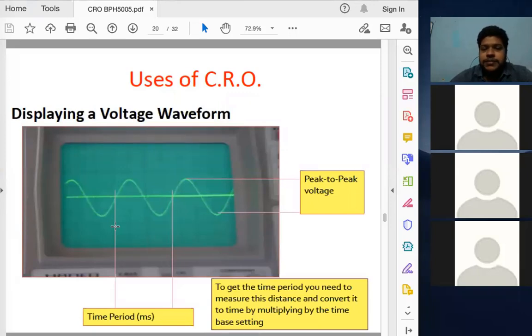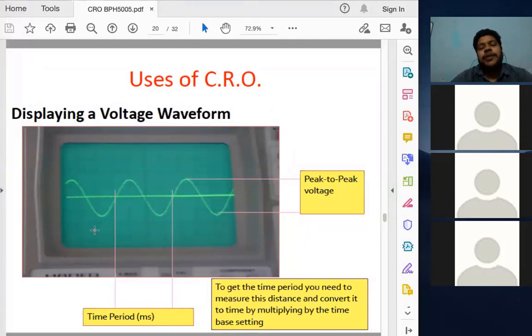So this is very simple. From an example, what we did, we talked about how we are using CRO to know voltage, to measure voltage, to measure frequency. So these are two things, voltage and frequency. We measure using CRO if there is any signal, and we stabilize it on the screen. It looks like this. So earlier in the starting, we may not have this much sharp signal and such